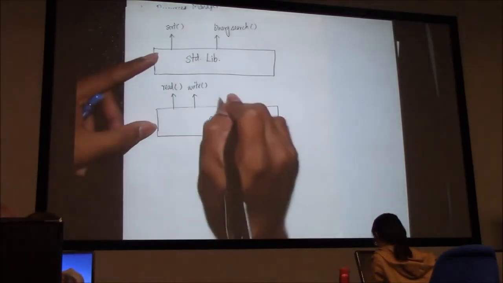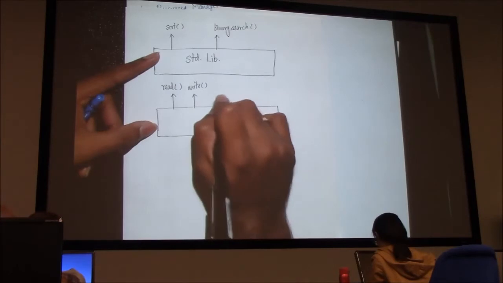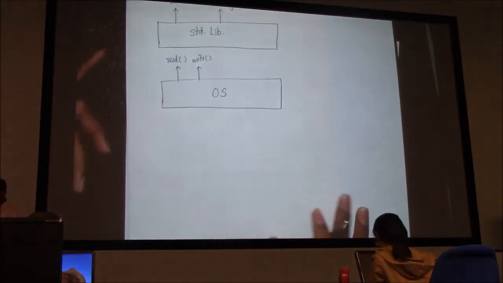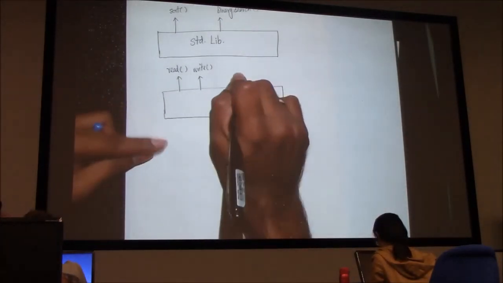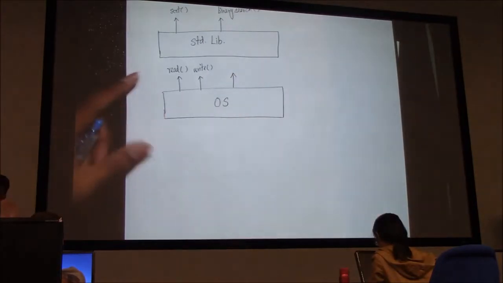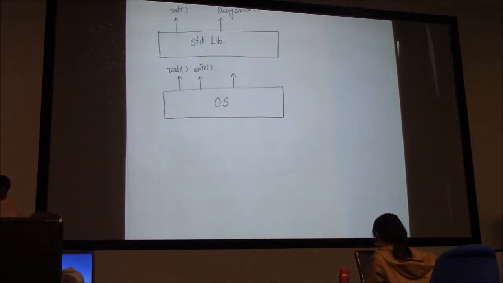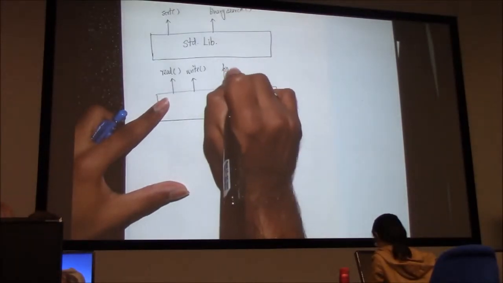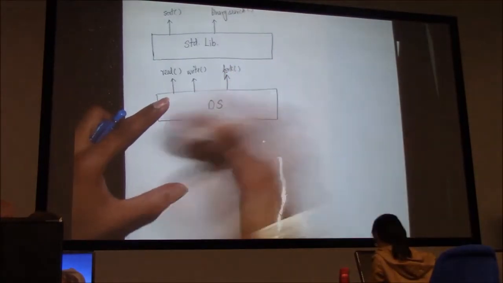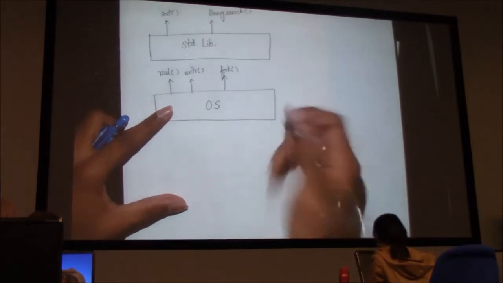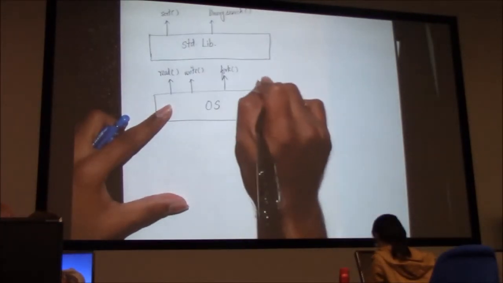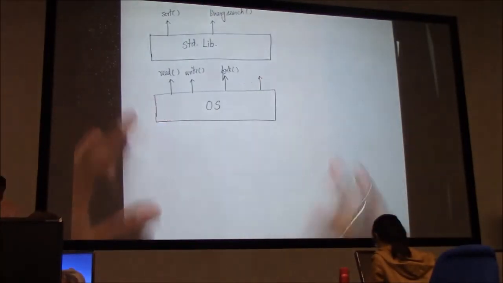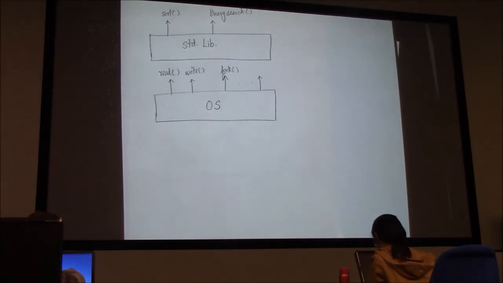And in a similar way, if an application wants to do something related to process creation, don't worry about what process creation means right now, but we have some APIs called fork, which creates a new process. And then if an application wants to increase its heap, again,